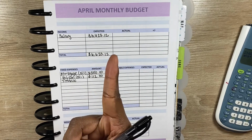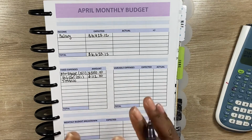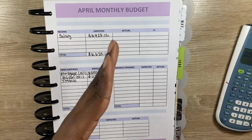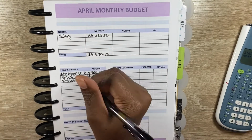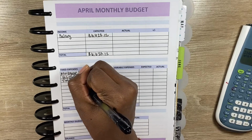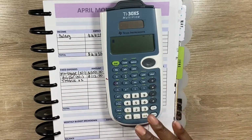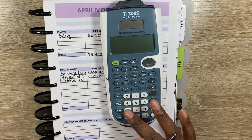One for April 7th and the other is for May 7th. Because again, all of my expenses between April 2nd and May 13th would need to be covered. So that would do my phone bill twice. I'm just going to say times 2 here. So I already know that my April bill will be